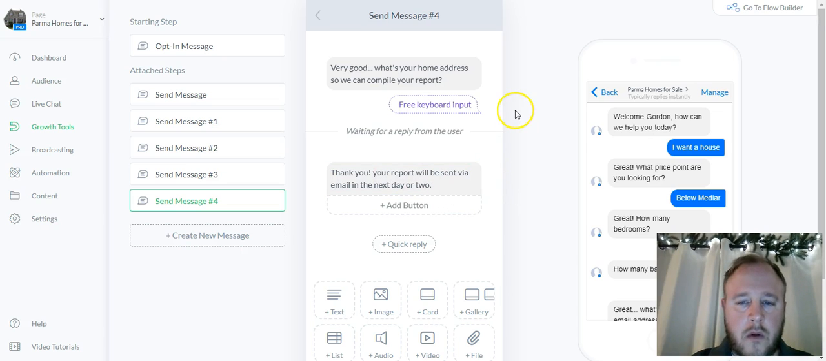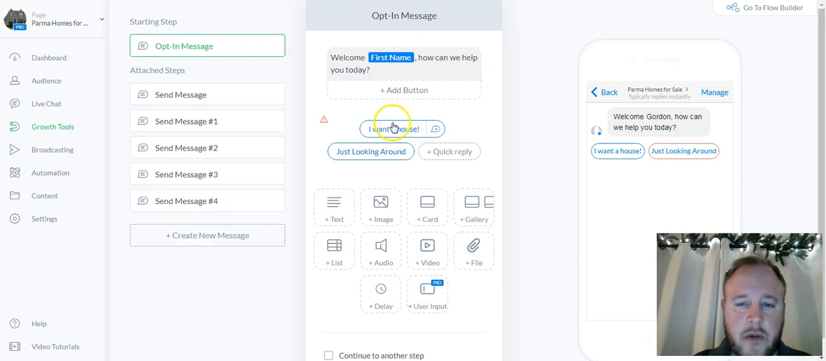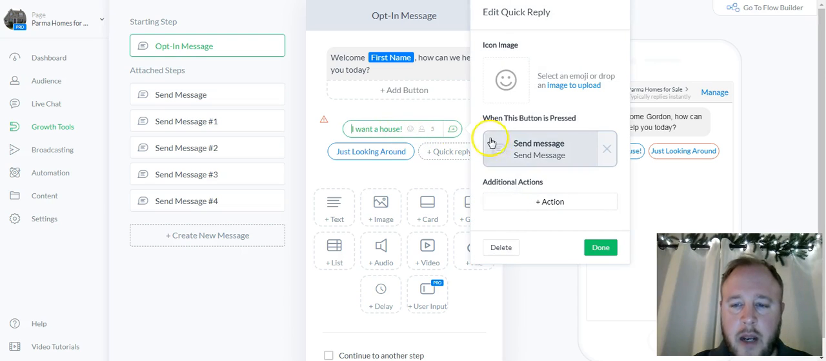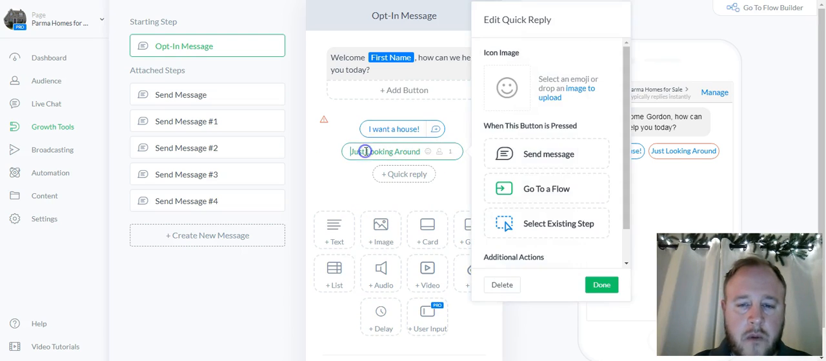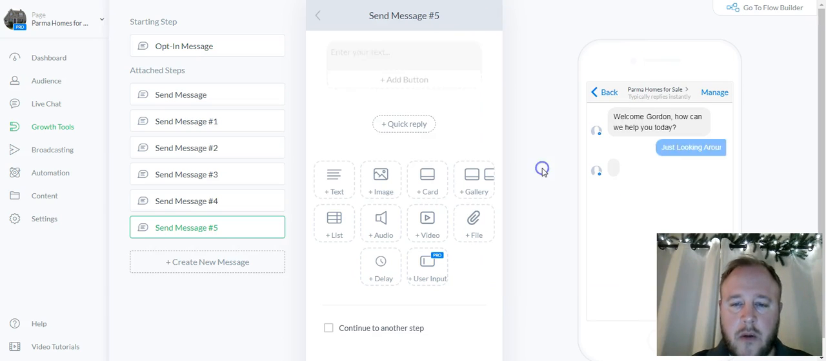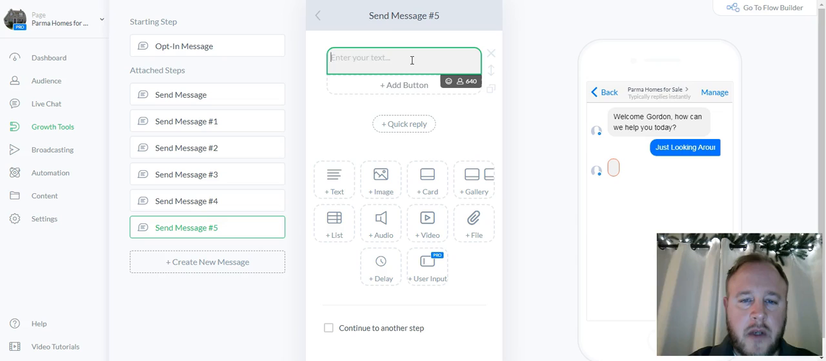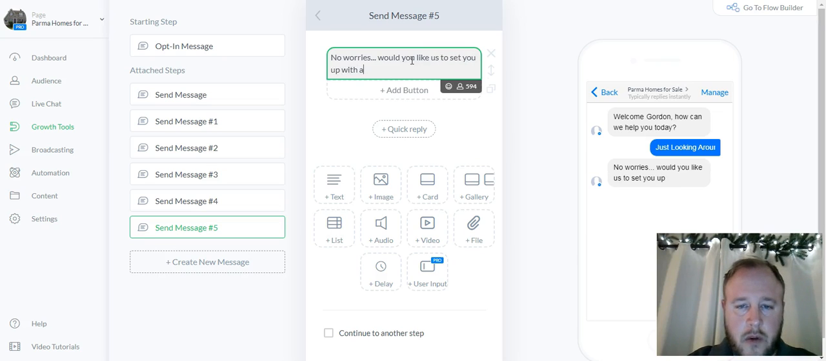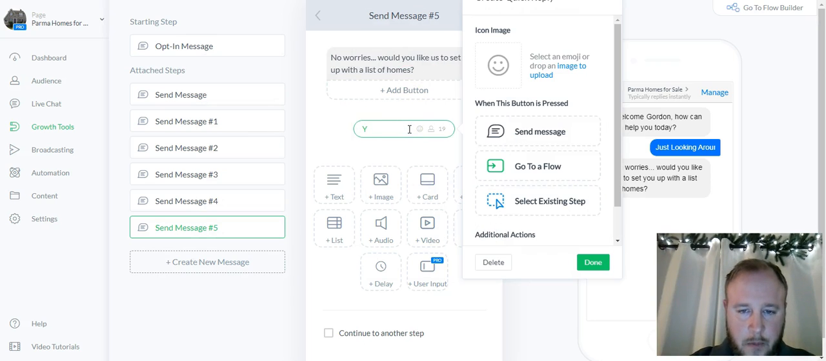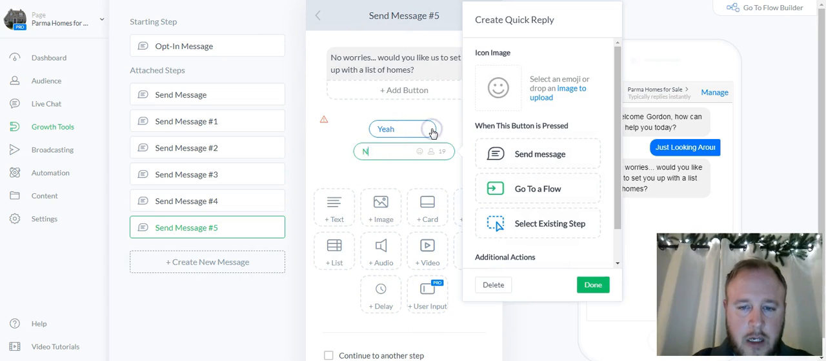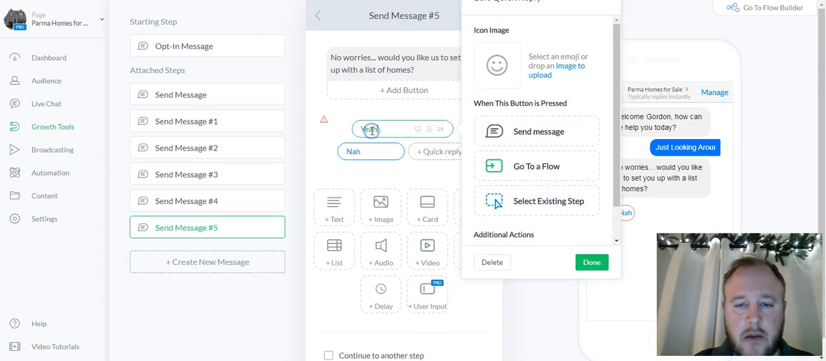Okay, so let's go back to the very first message, because we need to connect all of these messages. So we've connected I want a house. Now we need to connect just looking around with something. So we're going to create a message. So they said just looking around, and we say no worries. Would you like us to set you up with a list of homes? And they say yep or nah. So the yeses, we're going to dump them right back into where the I want a house flow